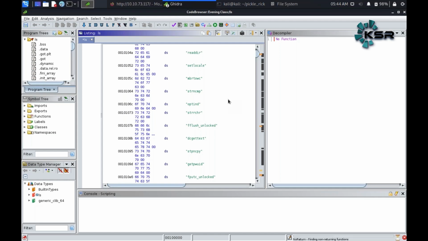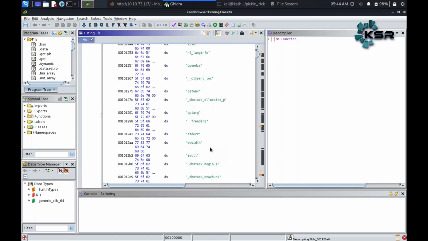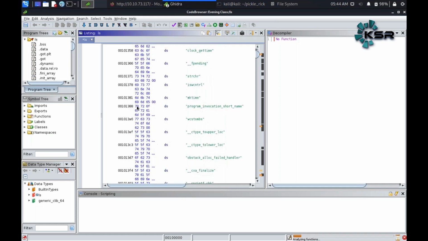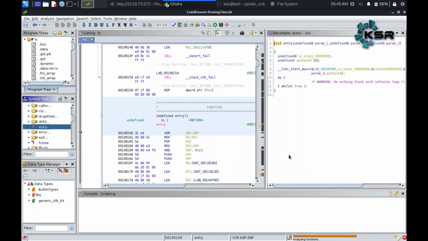So this is the hexadecimal based code or the assembly language code. Now, in the initial stages, you won't be able to understand what it is doing. So for that, you can go to a section called functions. By going to that section, you can easily find out its decompiled source code, which is most of the time in C.